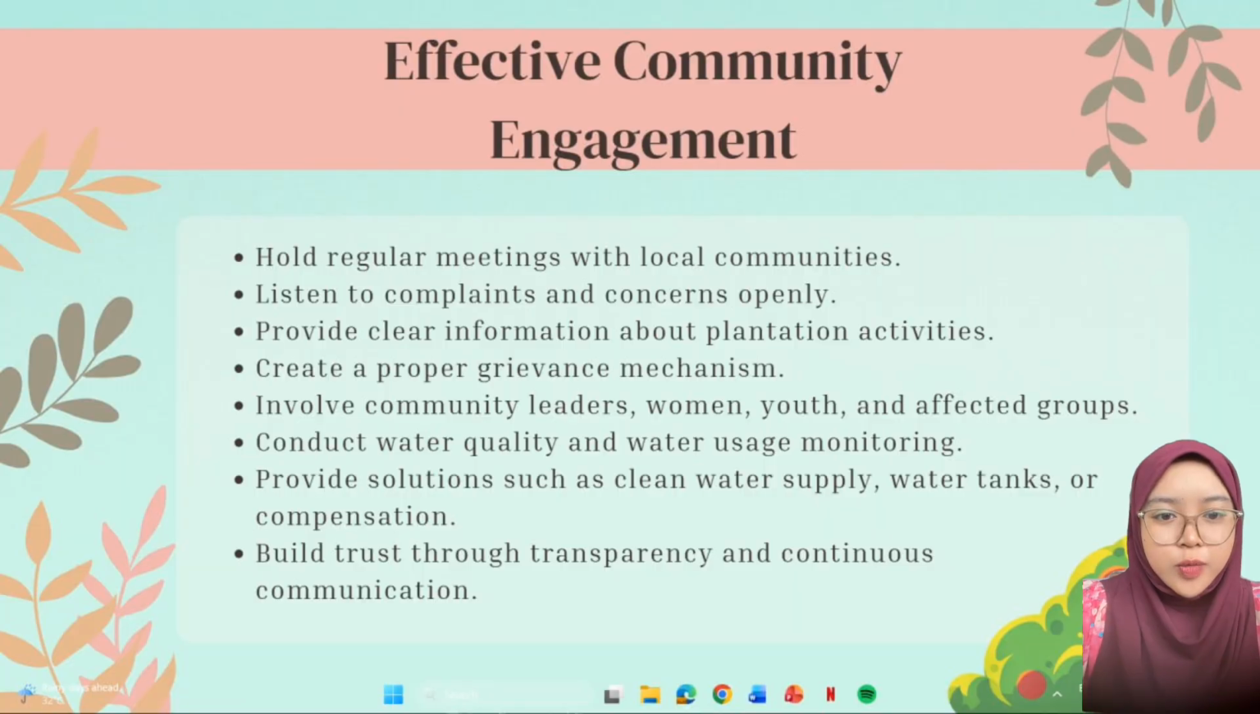For effective community engagement, the company can hold regular meetings with local communities, listen to complaints and concerns openly, provide clear information about plantation activities, create a proper grievance mechanism, and involve community leaders, women, youth and affected groups. It can conduct water quality and water usage monitoring, provide solutions such as clean water supply, water tanks or compensation, and also build trust through transparency and continuous